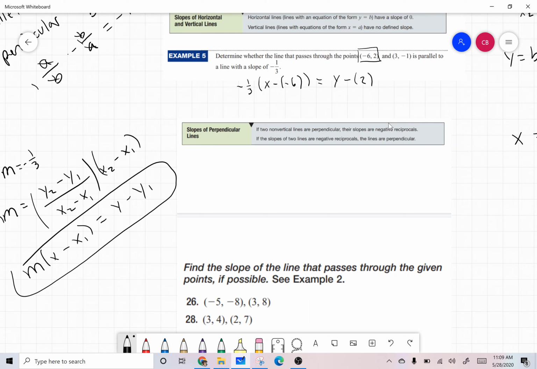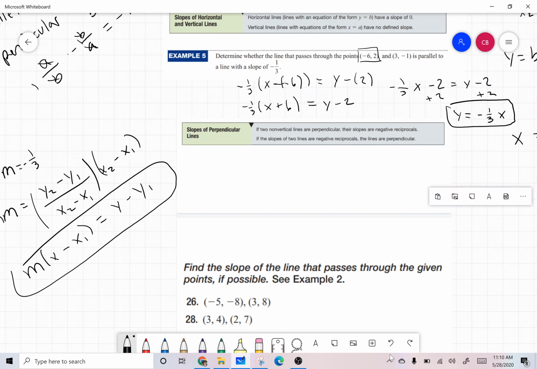So we distribute. This is plus. So we have negative 1/3 times x plus 6, y minus 2. Which is y, this is negative 1/3 x. Negative 1/3 times 6 is 6 divided by 3, which is 2. So negative 2 is equal to y minus 2. Add the 2, and we have y is equal to negative 1/3 x. That is our line that passes through the point negative 6, 2, and